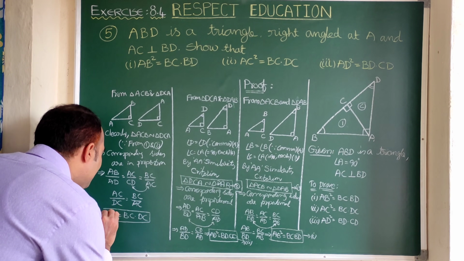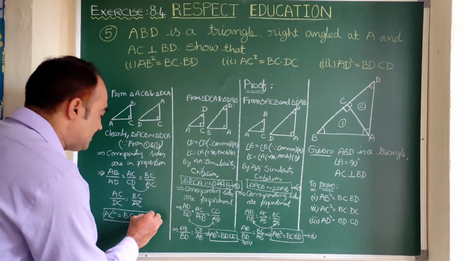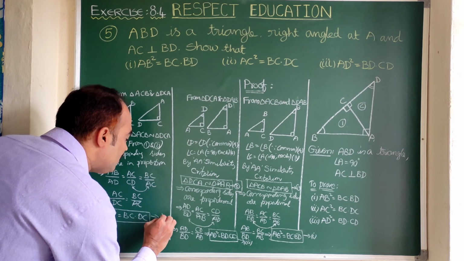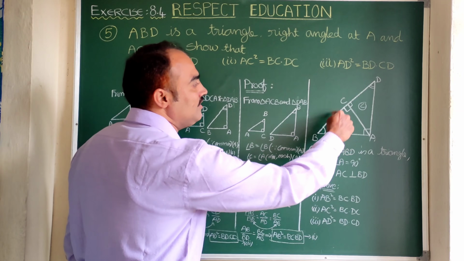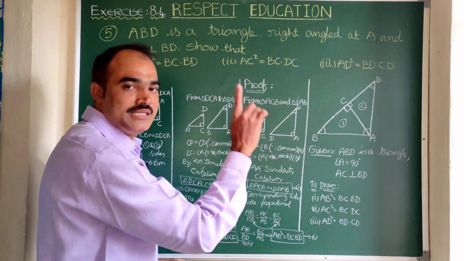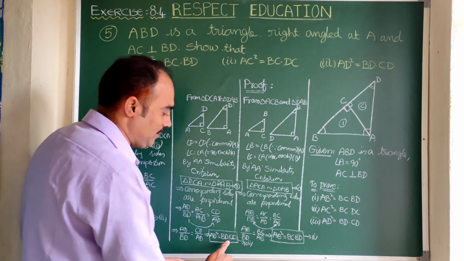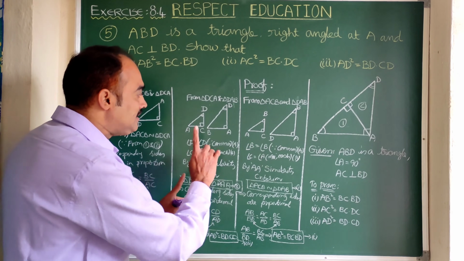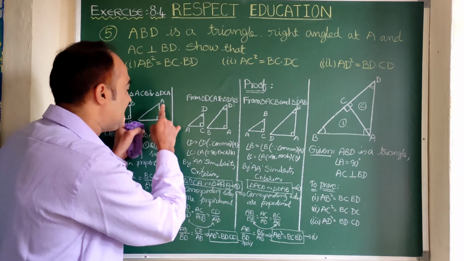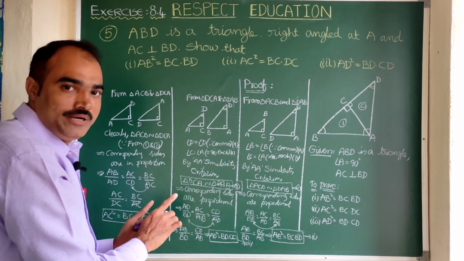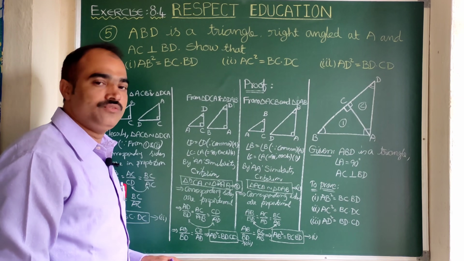You compare this one with the second bit now. What is the second bit? AC square equal to BC into DC. So with this the second bit also gets completed. If you observe carefully, by comparing the first triangle with the whole triangle, the first bit gets completed. By comparing the second triangle with the whole triangle, the third bit gets completed. At the same time, since these two triangles are similar to the same whole triangle, when you compare the first triangle and second triangle, the second bit also gets completed. So finally all the three bits get completed. With this, the fifth problem is completed.